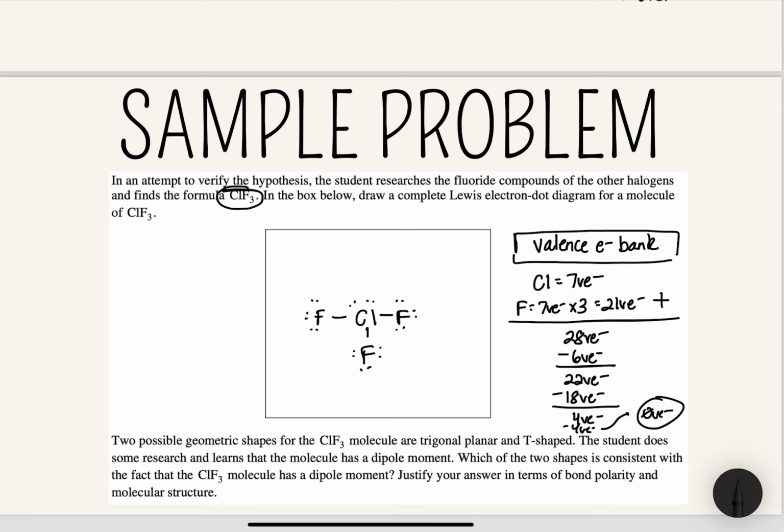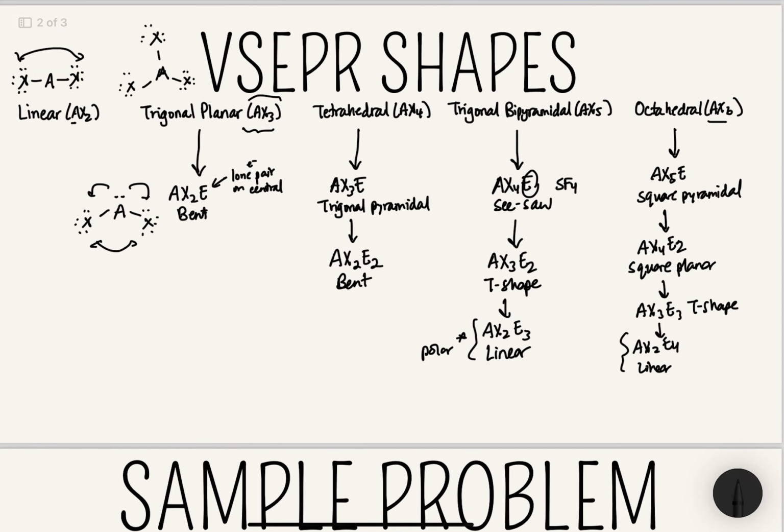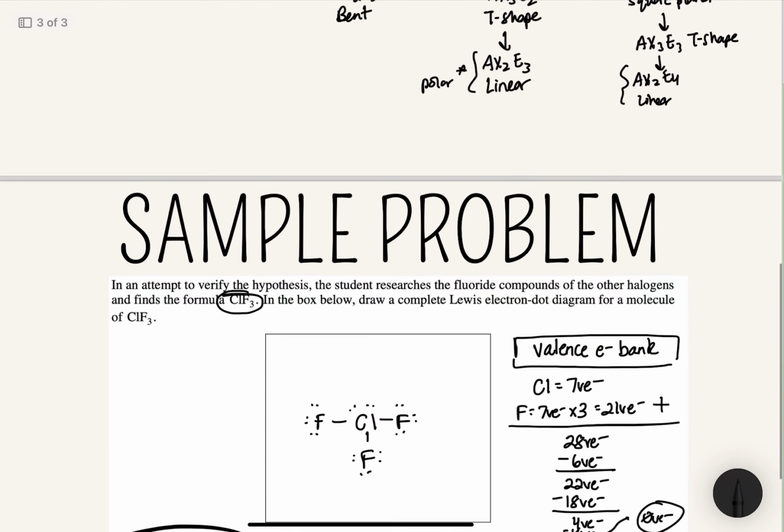Now if we look at the bottom question, it's asking me to classify the shape of ClF3 as trigonal planar or T-shaped, because those are 2 possible geometric shapes. Then it says that the student learns that the molecule has a dipole moment. So which shape is correct based on this information? There's a couple ways we can do this. If we go back up to our summary lesson, AX3 would be trigonal planar. Let me write it down here on the side. So if it was an AX3, this is trigonal planar, and this would actually be nonpolar